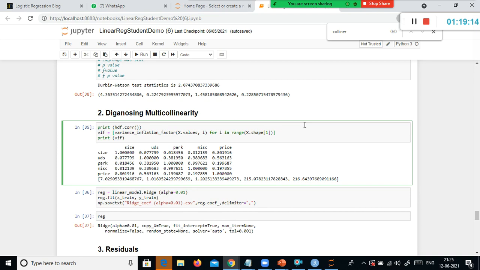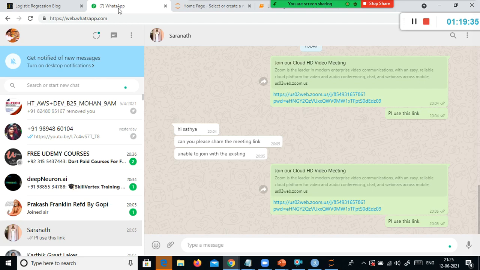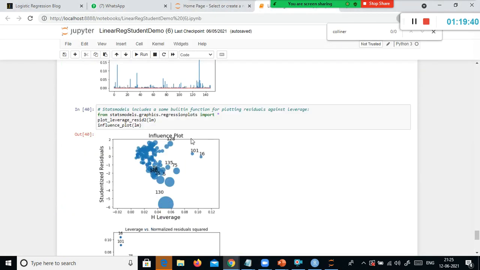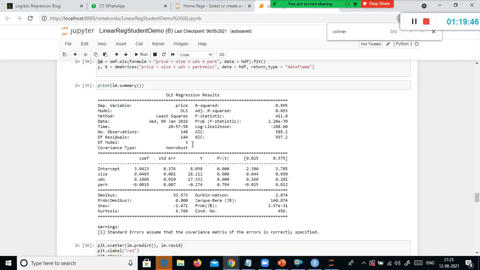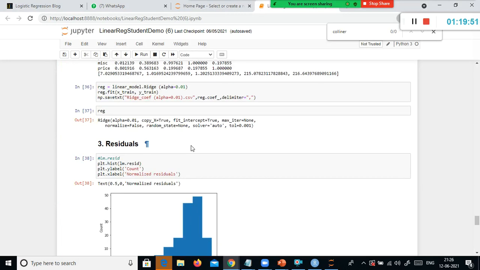So we have a few influential observations. It's a very negligible amount of influential observations. We removed them, and this is another way of increasing your model accuracy. But in a real-time scenario, there will be more influential observations. So such cases will come, but again we have various other algorithms available, so we will try other algorithms in order to address these issues.